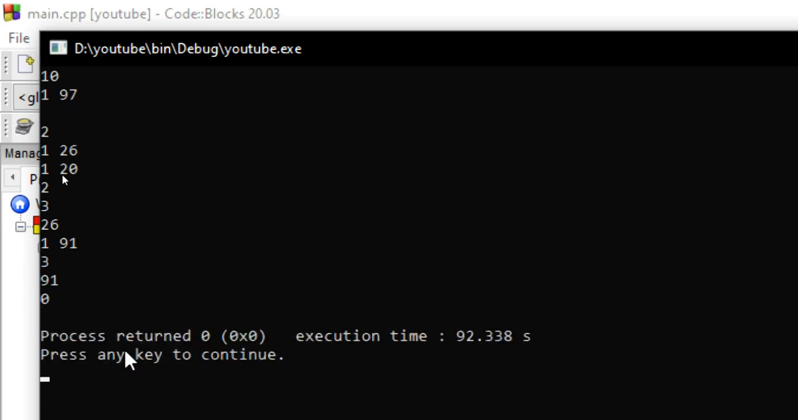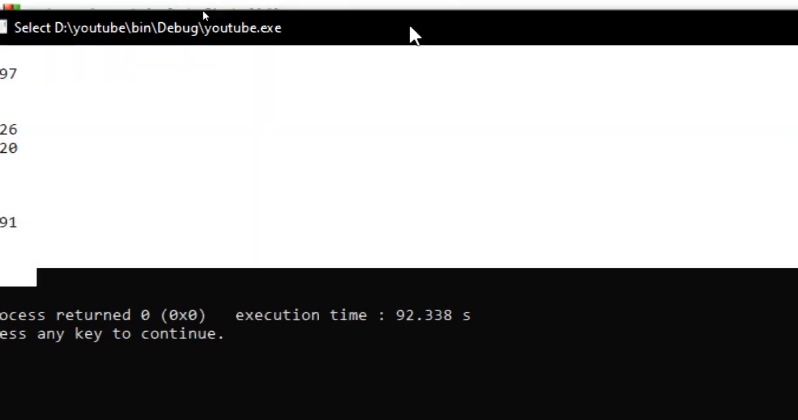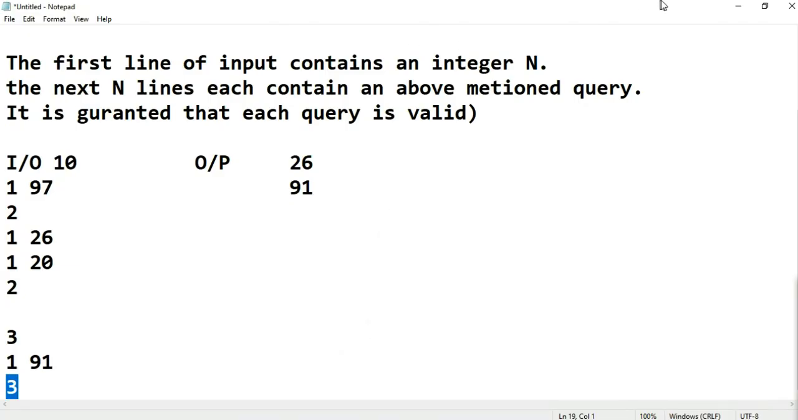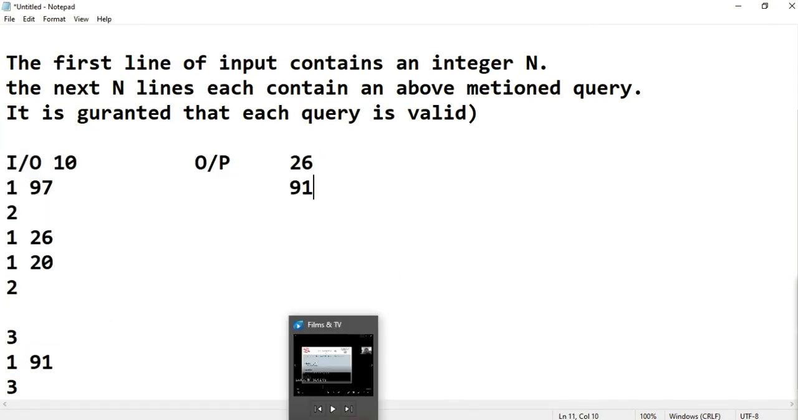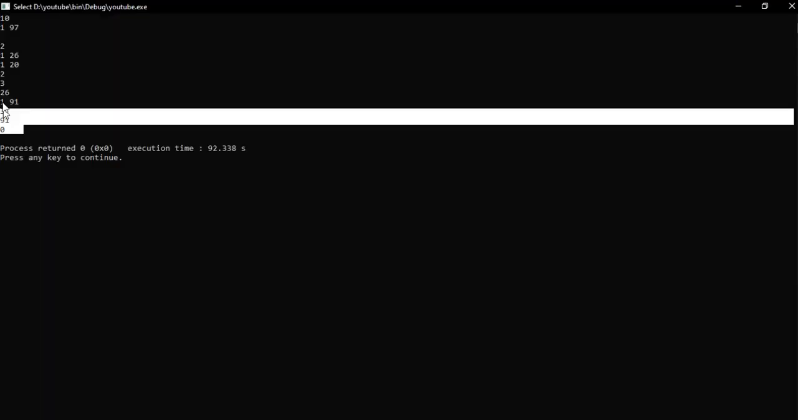I hope you guys will understand our code. Here all the outputs and the inputs are the same, you can see. And here also you can see 26, 91, and here you can also see our outputs is